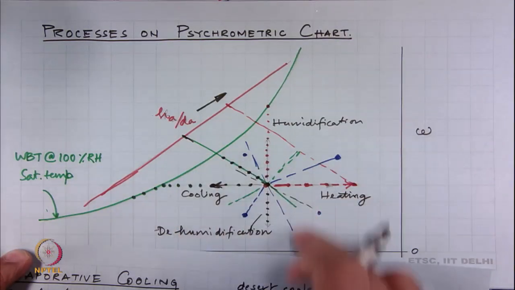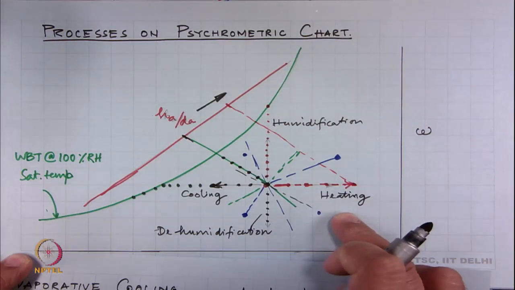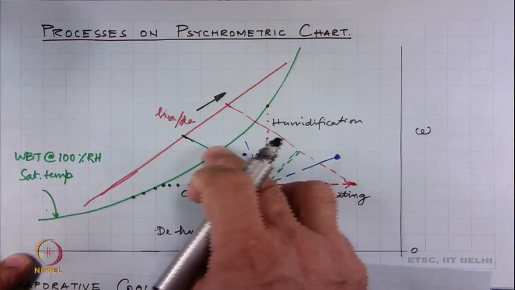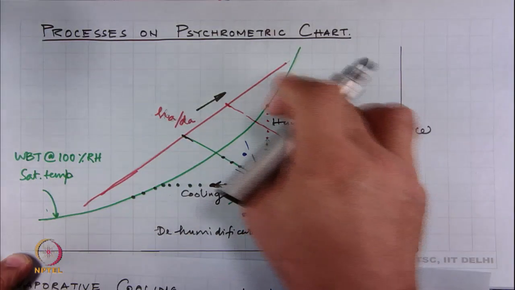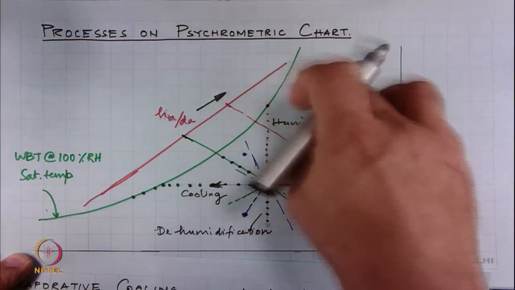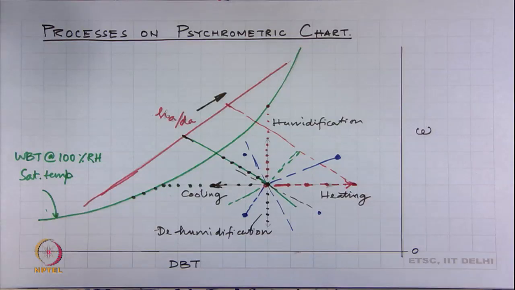But if it is, say, 45 degrees Celsius and 20% humidity, it will be here. If you do isenthalpic cooling, it will come there. But with 35 degrees Celsius and 80% humidity, the amount of cooling you can do and get a drop in temperature is very small. And that is the reason why evaporative coolers are not effective when humidity becomes very high.